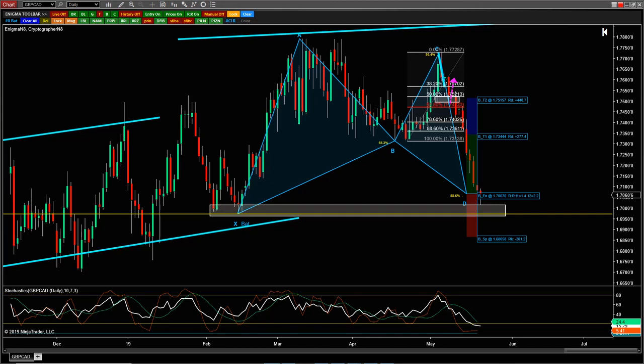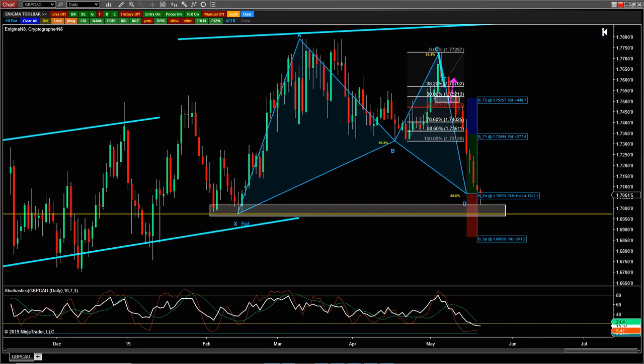Would you rather have the perfect entry, but your prediction of the market likely to go to this level, aka targets, before it goes to that level, aka stops, be wrong? Or would you rather have a worse entry, but your prediction that price is more likely to go to targets versus more likely to go to stops, or before it goes to stops, have that prediction be right? What would you rather have? A great entry with a bad prediction, or a bad entry with a great prediction?